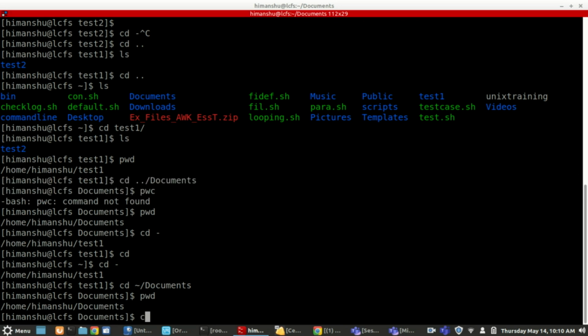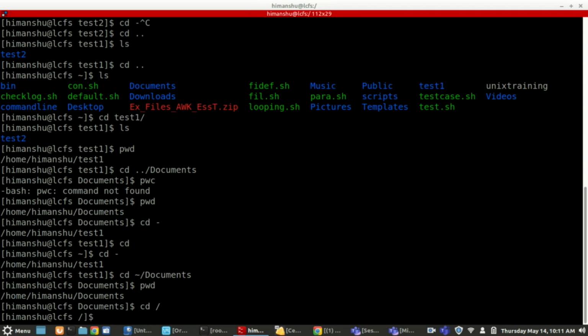Okay, now if I just write cd documents, what will it do, where will it go? Okay, so what happens in Linux, the top level directory is called root, which is called slash. This is your root directory.